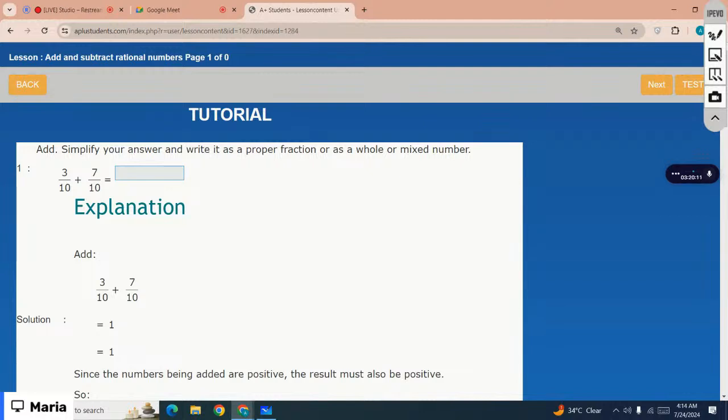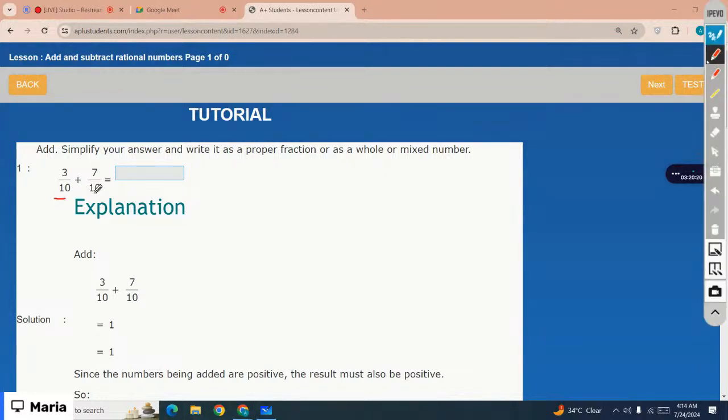So you have to add them exactly like we add fractions, right? 7 over 10 plus 3 over 10. They both have exactly the same denominator. Here you have 10 and here you have 10, right? So when you have exactly the same denominator, you simply add the numerators. You just have to do 3 plus 7, and 3 plus 7 equals 10 over 10. So 10 over 10, when you divide them, the answer is 1. Because the numbers are positive, so